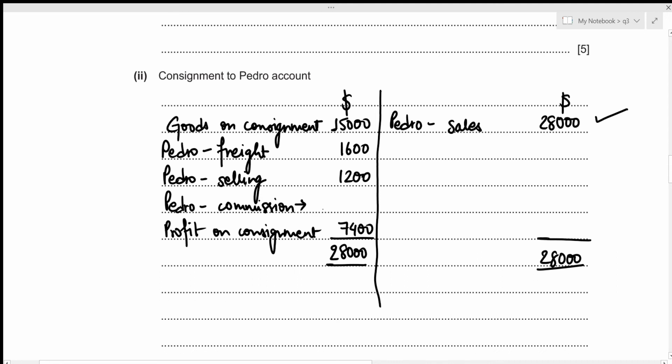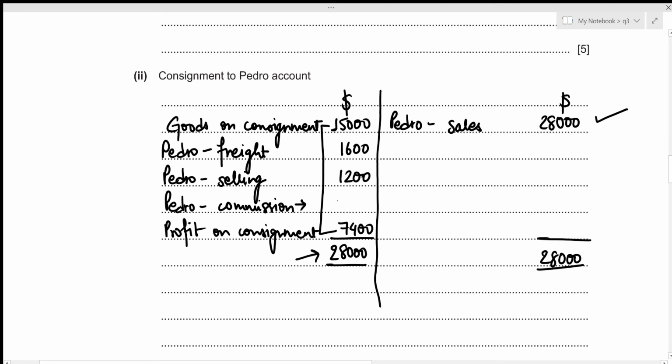So now we need to figure out our commission, which will act as the balancing figure, and in order to figure out the value for the balancing figure, we just need to subtract all of these values from our total. So in this case, that's going to be 28,000 minus 15,000 minus 1,600 minus 1,200 minus 7,400,